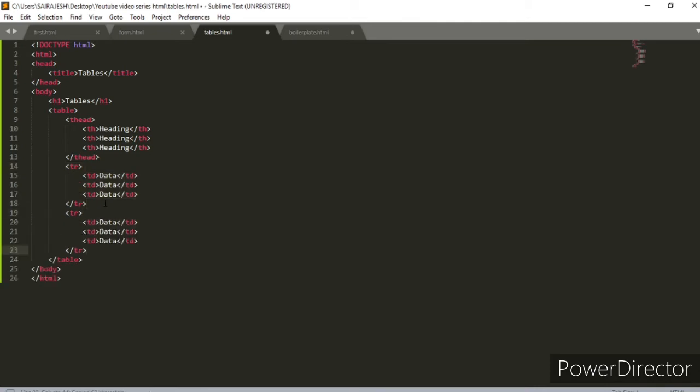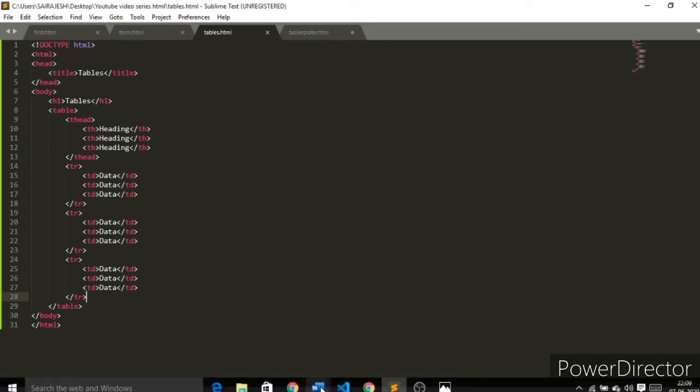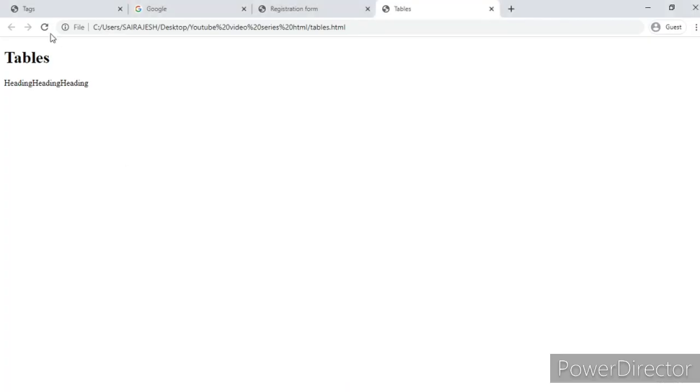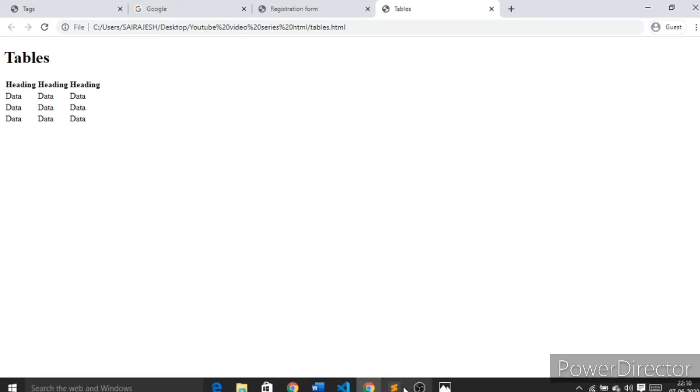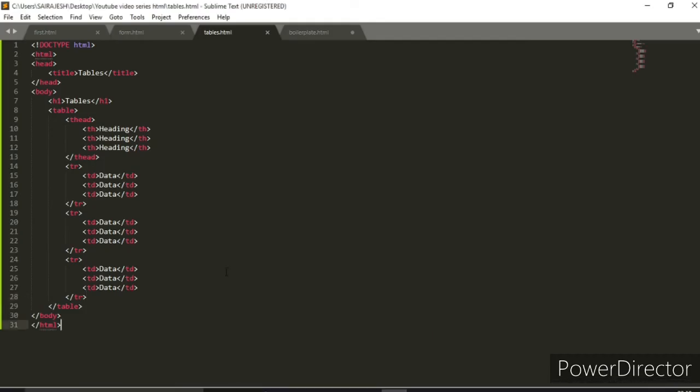So yeah, it's more of copy pasting. So yeah, that's it. Let's go here to our page and refresh it once, see what happens. So you can see the table heading and the data below it. It will automatically adjust the size. Actually, you can even put in the size and all that, so we'll see that later on, but right now I guess this much is enough.